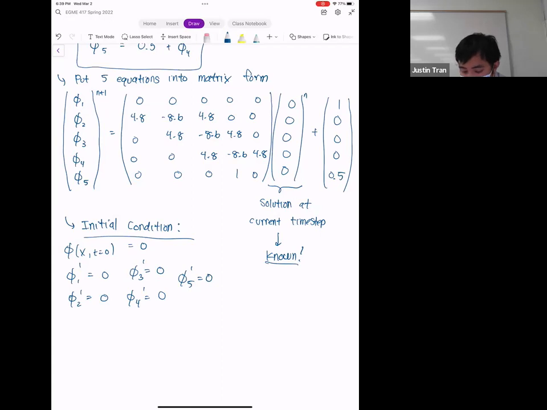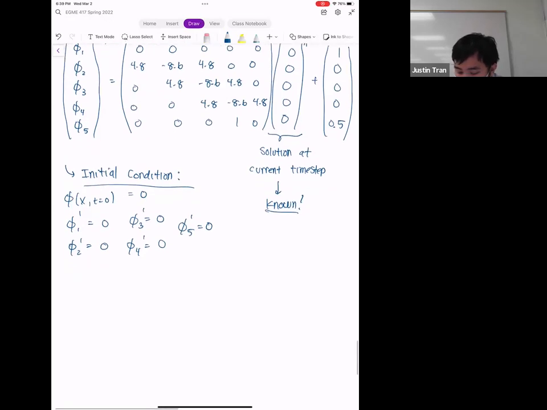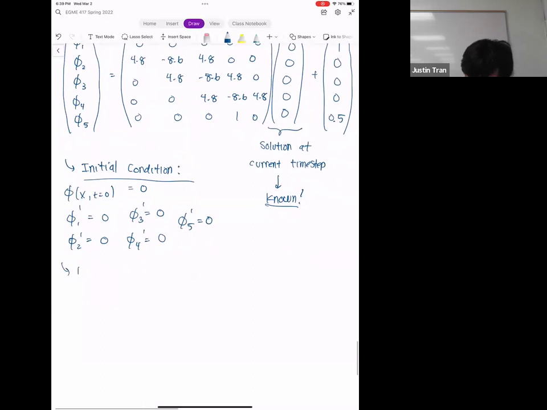And so once you replace that with all zeros, then you just perform the matrix vector multiplication. You have this matrix here that's going to be multiplied by this vector, and you have all zeros here, so the entire first section is going to be 0. Then what you have from there is just 1. You add the 1, the 0, 0, 0, and the 0.5. And so after one time step,